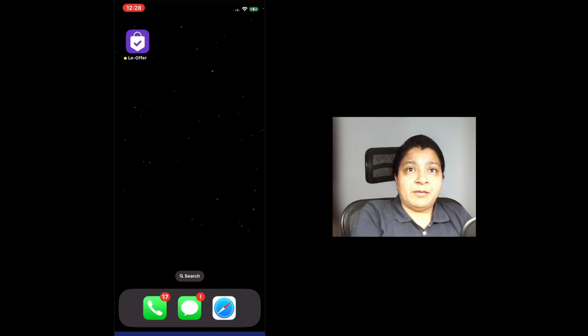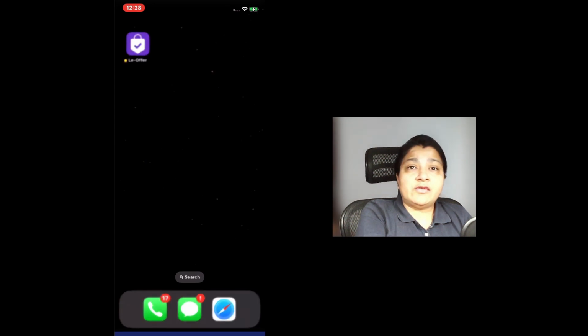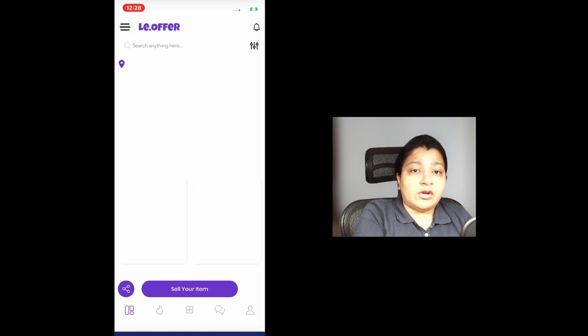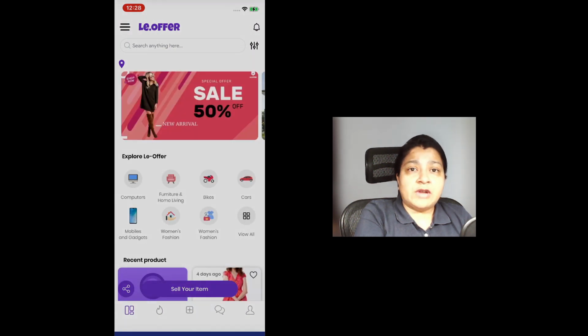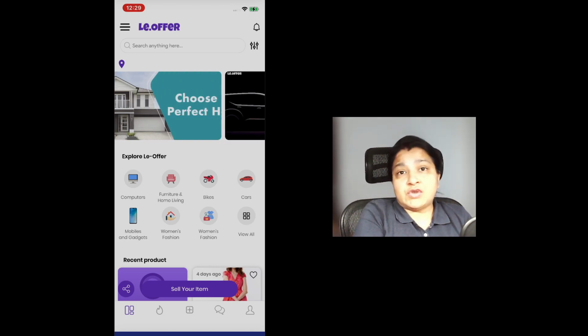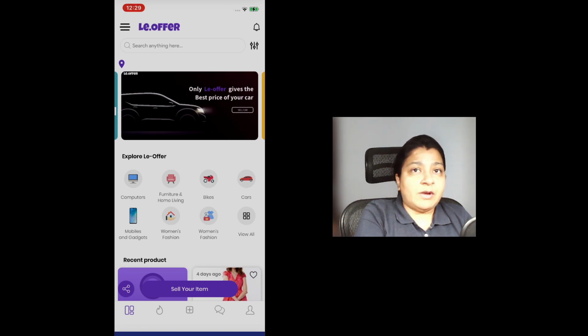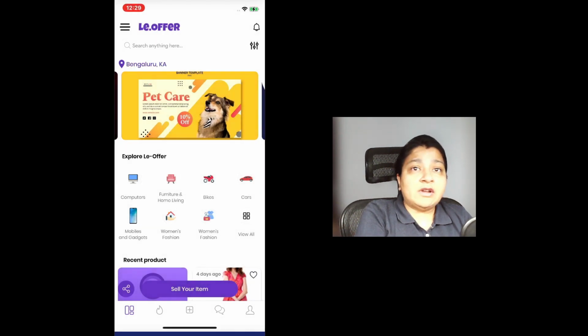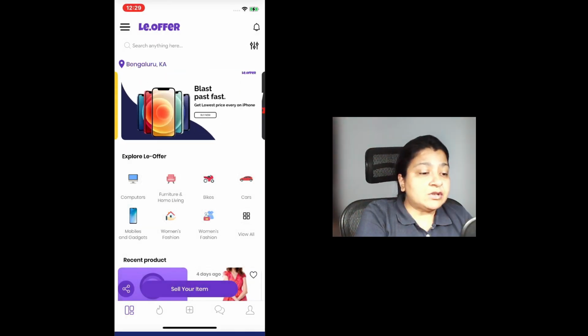When you install the app on your device, you see the icon for LeOffer that is shown on your screen. And when you tap on it, the app is launched. You will see the splash screen. You will have to give some permissions to see your location. You can allow it once, or you can allow while using app, or you can choose not to allow it. All depends on it. So while you haven't given the location permission, your location icon over there will be blank. So I'm going to say allow while using the app, and there you see my location popped up on the